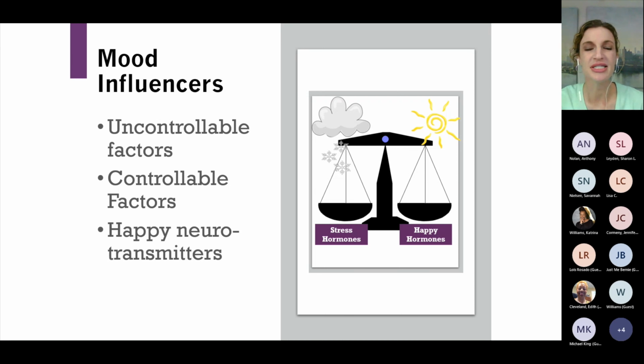Some things are good for our mood and other things are bad for our mood. So let's take a look at some factors that we can control and things that we can't control. So first, things that we can't control. I wish we could. Seasonal changes, weather. Now as we have these shorter days of the year, some people start to notice just feeling a little blue, that seasonal affective disorder where it's just a little dark and it's not summertime, right? Other things that are out of our control, flu season, colds, of course COVID-19, which we've been hearing a lot about over the last few years. Those are things that are out of our control. But there are a lot of things that we can control.